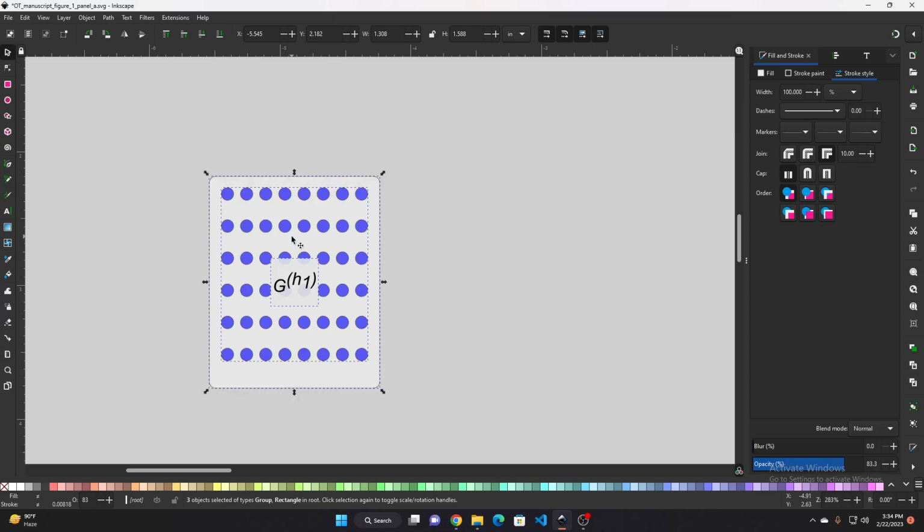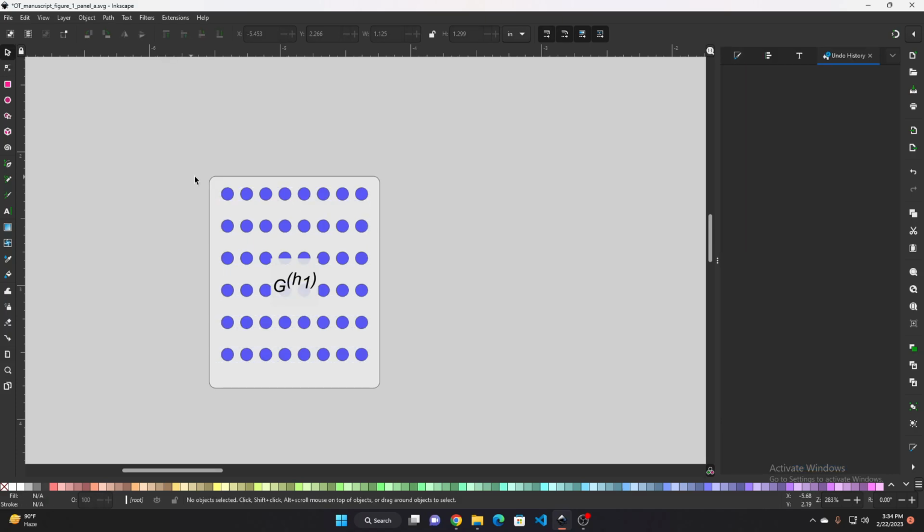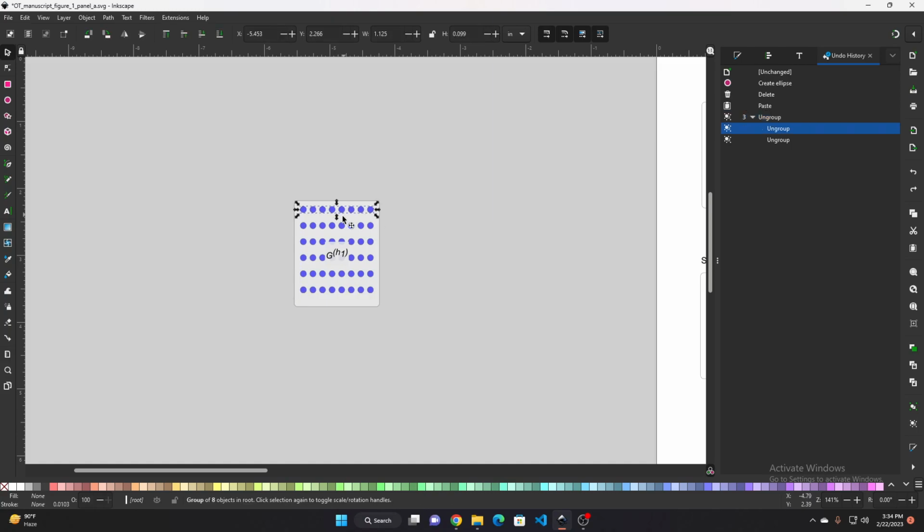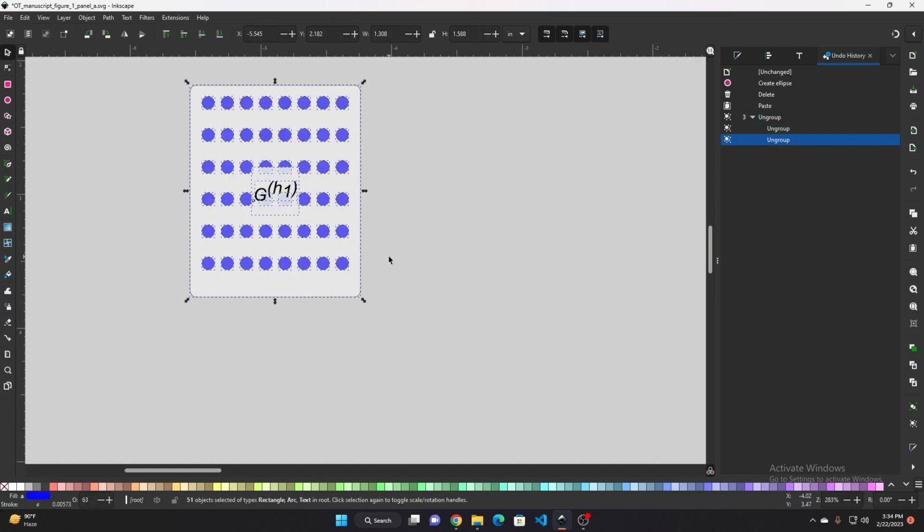I made a group only containing the circles at first, and then I added the background rectangle to that group. So I need to ungroup that as well. Let me just do this and see. I have made all the rows a group. So if I choose all of them and ungroup, all of them will be ungrouped. Okay, so I don't need to ungroup these, I guess, now. Yeah, so I'm making all of them a group again. Let's make it a group. Okay,